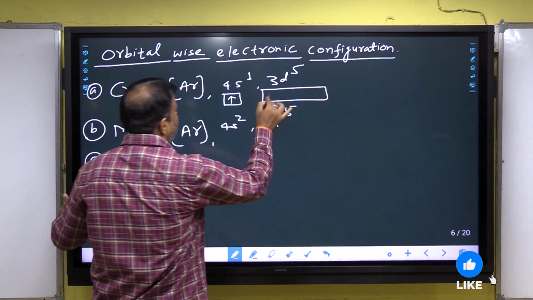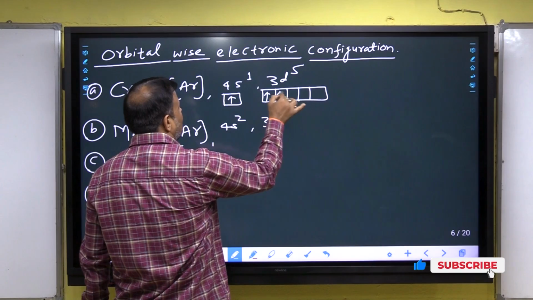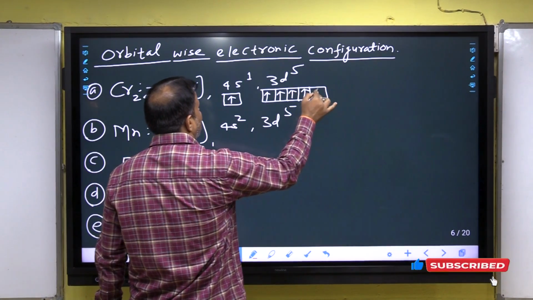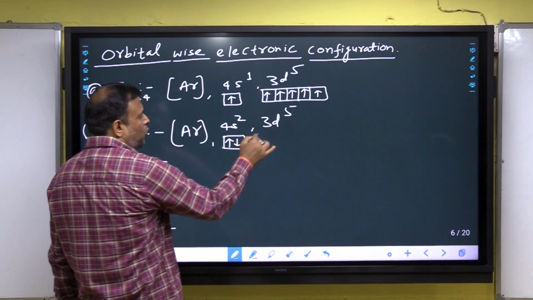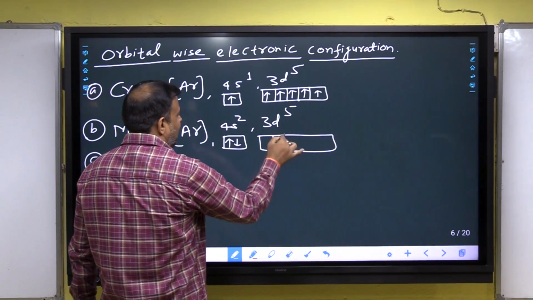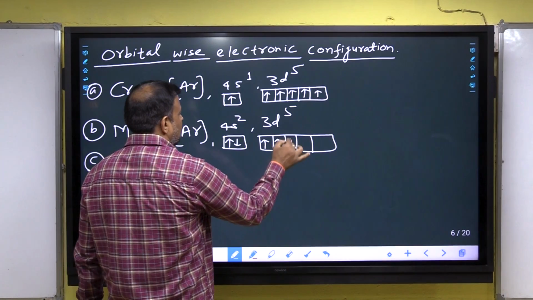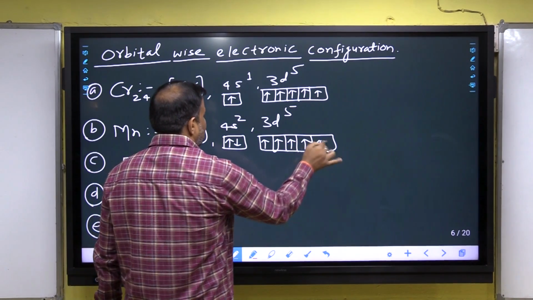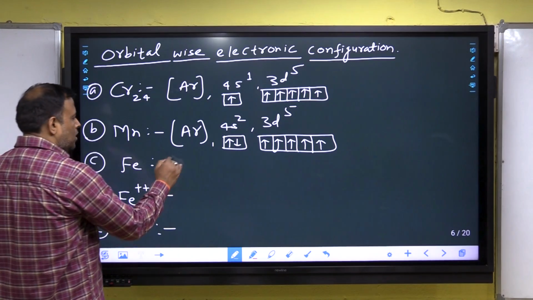D has 5 orbitals and 5 electrons, and hence 1, 1, 1, 1, 1. S has 1 orbital, 2 electrons, opposite spin. And D has 5 orbitals, 5 electrons, first time 1, 1, 1. Clear? Now, iron, argon,